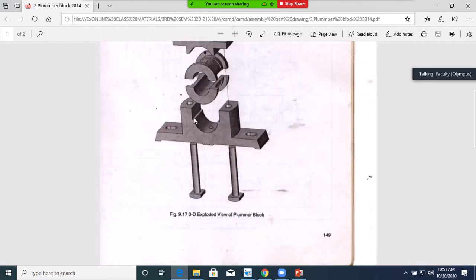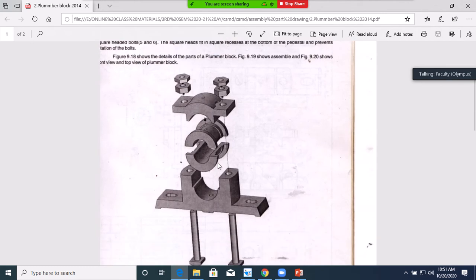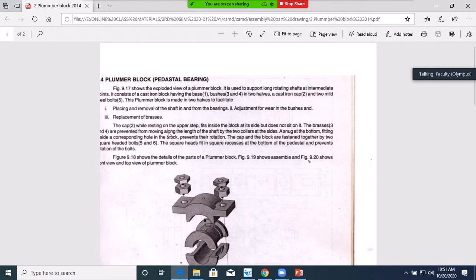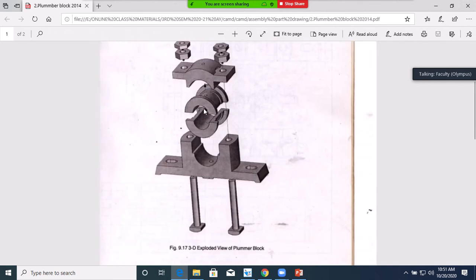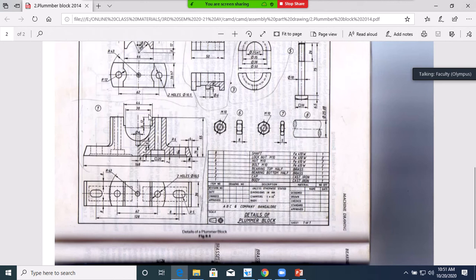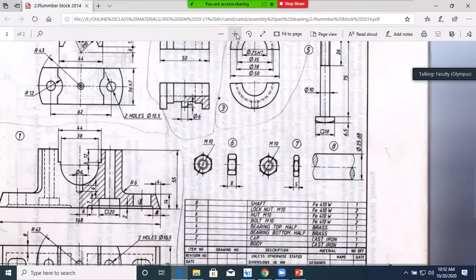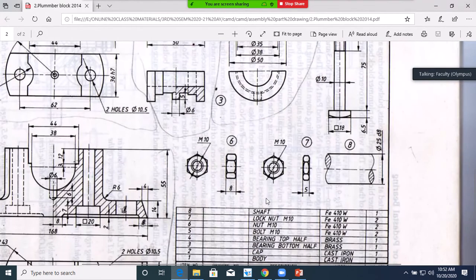Okay, today we'll start drawing of this one. Okay, main body. So this is the exploded view. It is used to hold the shaft. So when you tighten this, it holds the circular shaft. Here you see the required dimensional information is given here. So you can use this. For my first part, I am starting with first part, so I will